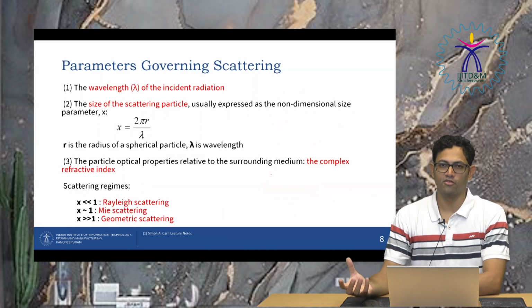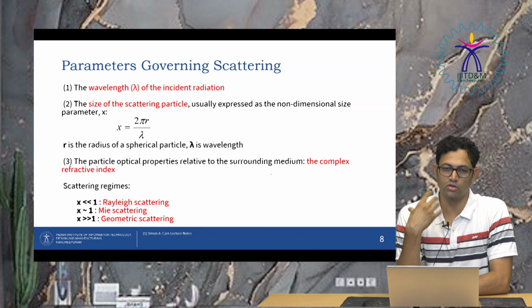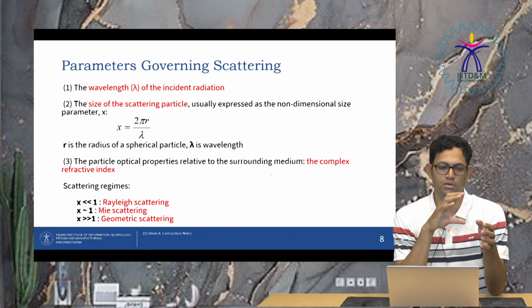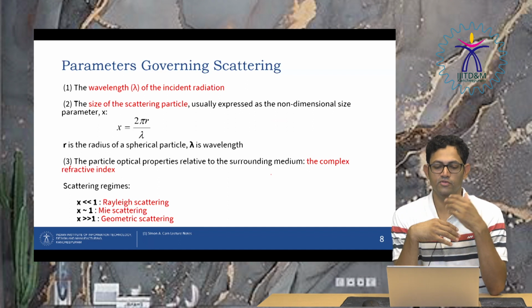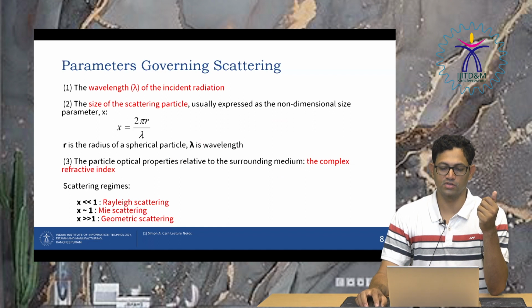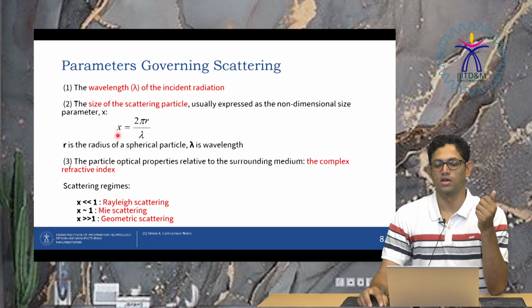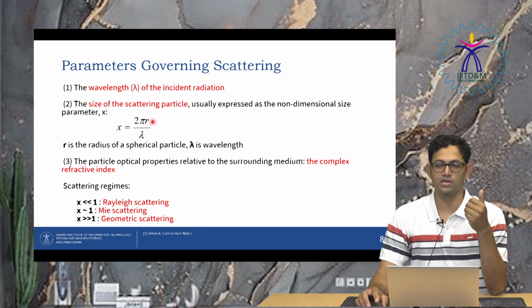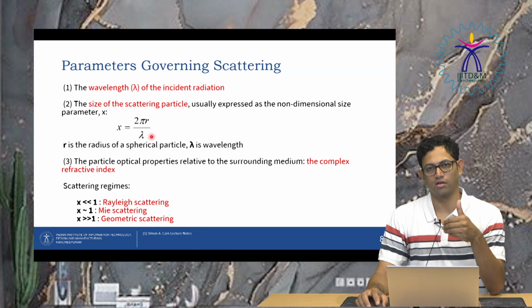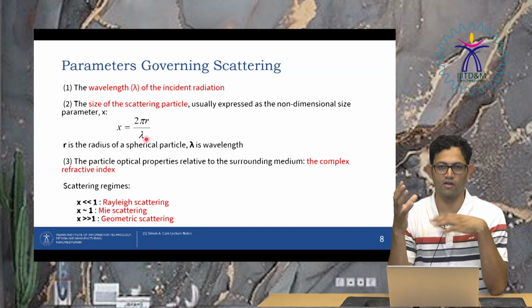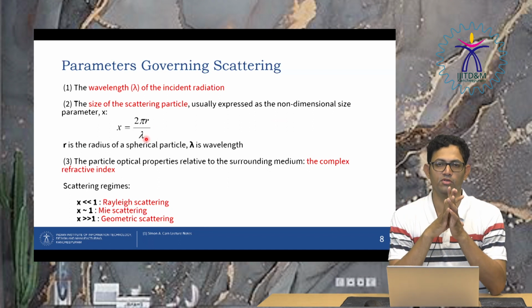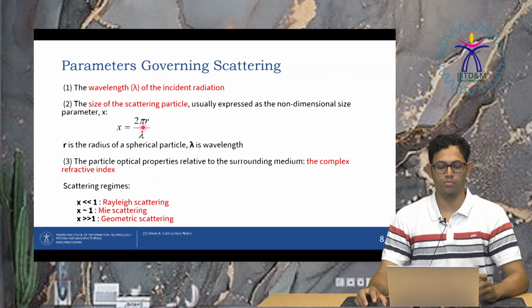Now to define the scattering, there is one simpler parameter that you can use for different tissue constituents, corresponding to the different diameter or size of the particle. One of the important parameters is known as the size of the scattering particle. Here you can see that it is defined using x, and x is equal to 2 pi r by lambda. Now r is the dimension of the scattering particle, and lambda is the wavelength of the light incident on this scattering particle. If you see it carefully, r has units of length and lambda has units of nanometers, but both are in order of meters, right? So both will get cancelled, and what you eventually get is a unitless